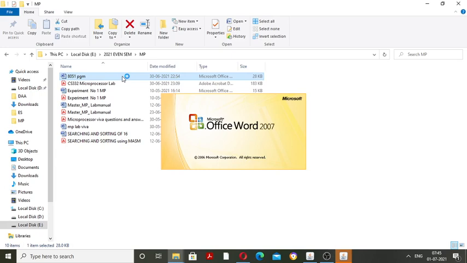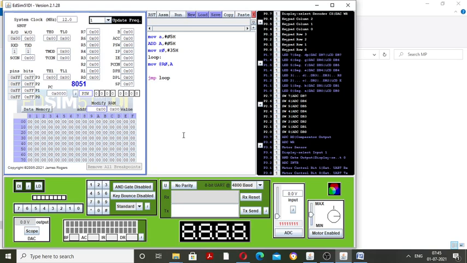How to add two 8-bit numbers? Here, first MOV A comma. It is a case insensitive language, so we can write either in capital or small letters. MOV A, #05H. Here it means that data 05 is copied into the accumulator.